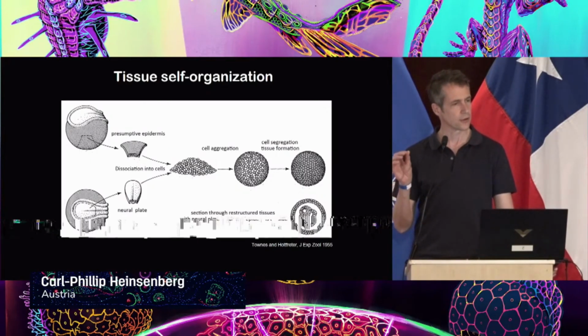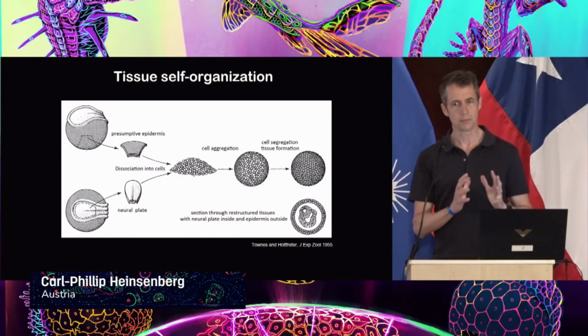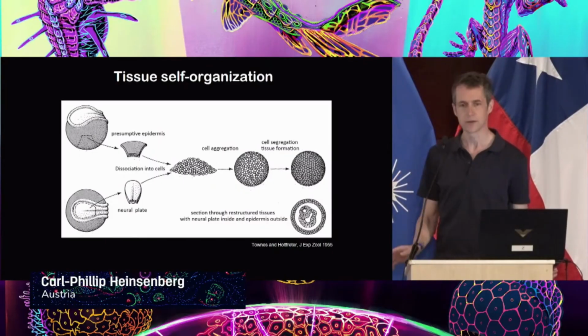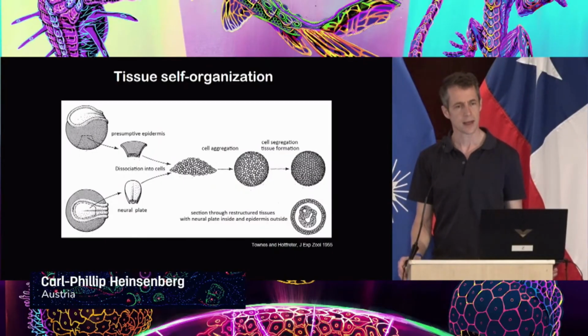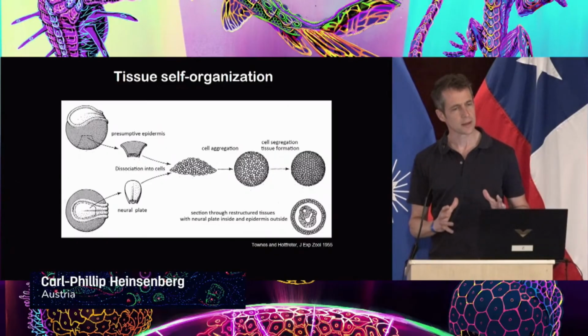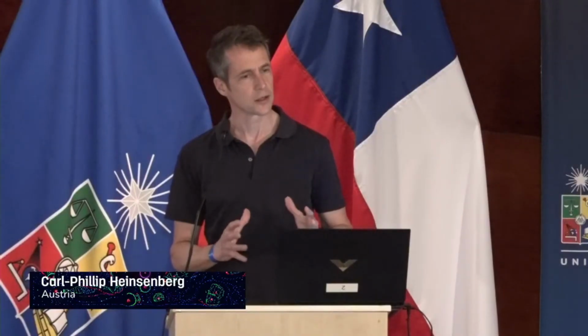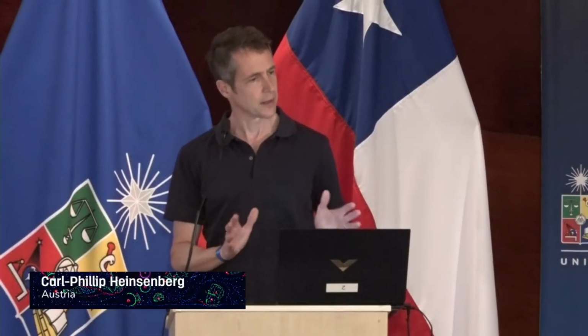It depends a little bit on your definition of self-organization. In a very strict definition of self-organization, you would start with a completely homogeneous cluster of cells. In these cases, the cells are not completely homogeneous because they are coming from different tissues. They already have different fates, and you could argue this is not self-organization, but self-assembly, genetically encoded self-assembly of cells. But this is a fine line, and I'm happy to discuss it later when we are sitting in front.